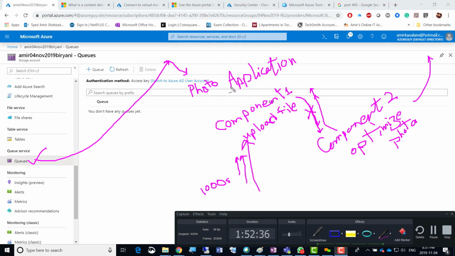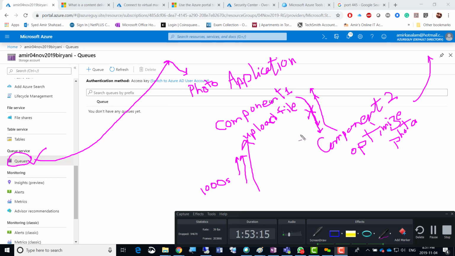So this could be within one application, between multiple components, and between applications as well. The queue service can let applications talk to each other by sending millions of messages in a large organization, and those messages will be queued and organized, and the queue service will make sure they reach on time and in an organized fashion from one component to another, within an application and between application components as well. So this is the queue service which web developers need to purchase and attach to their application,